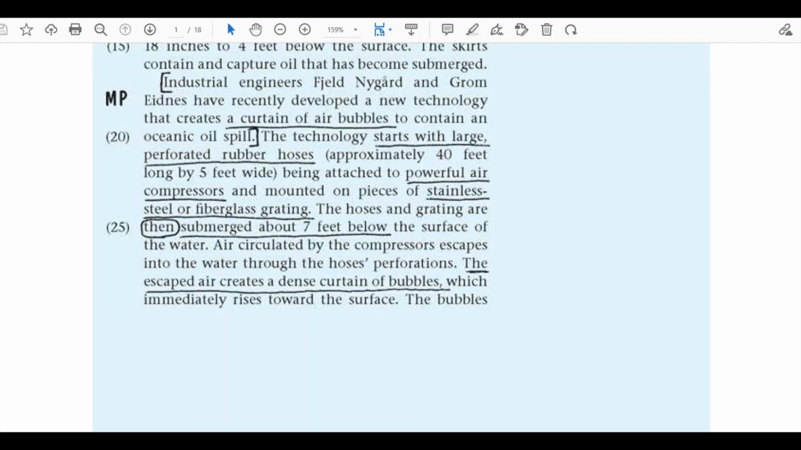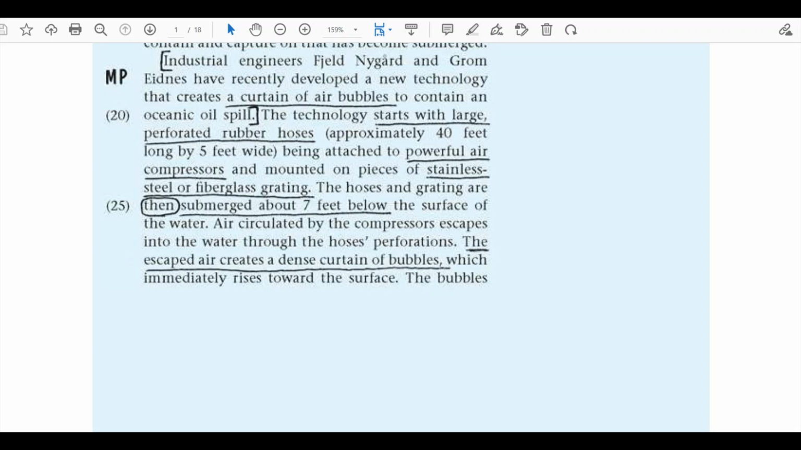The next main point. Industrial engineers Nygaard and Idness have recently developed a new technology that creates a curtain of air bubbles to contain an oceanic oil spill. The technology starts with large perforated rubber hoses, approximately 40 feet long by 5 feet wide,